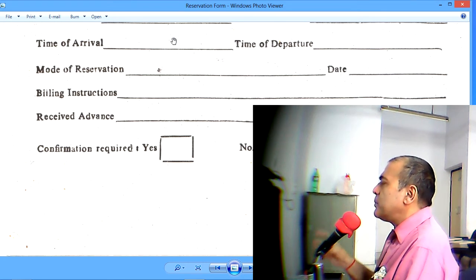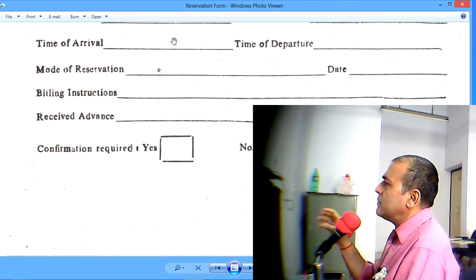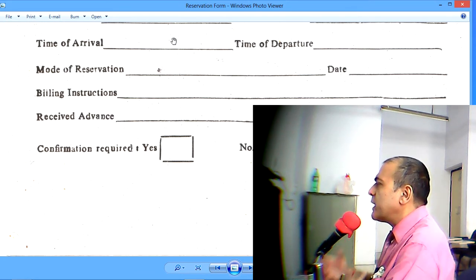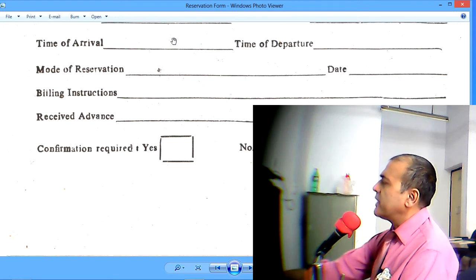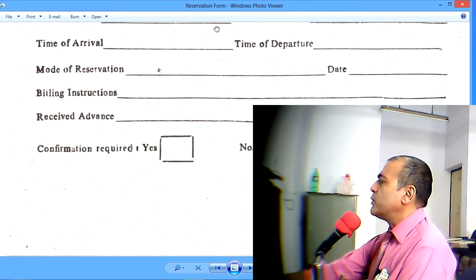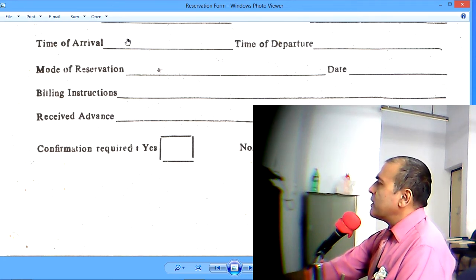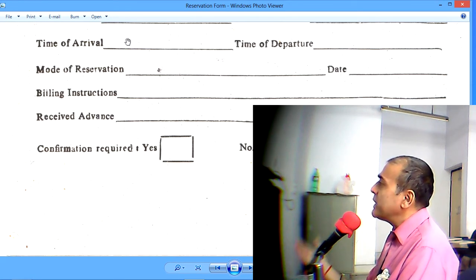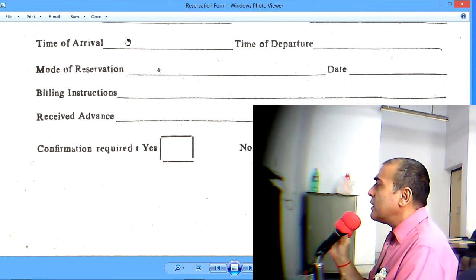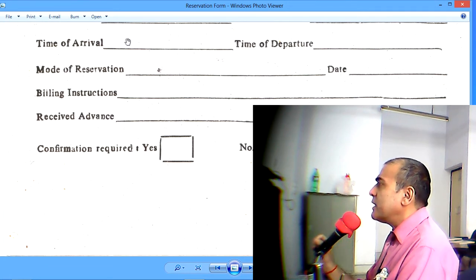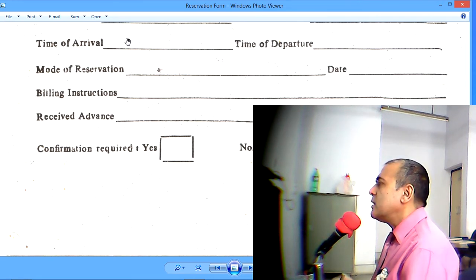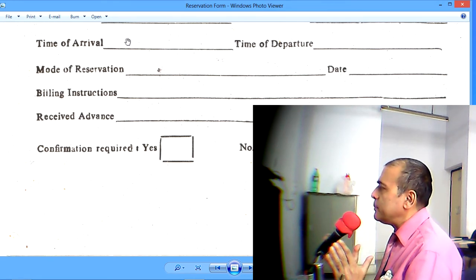This 2 hours gap is in case there is a rush. So we want to have some time to get the room ready for the arriving guests. And that is why we have a gap of 2 hours between checkout time and check-in time. This must be mentioned very clearly, and in case the guest departure time, let us say, is 6 p.m., he says, I'll check out by 6 p.m., then he must be informed that he'll have to pay extra for it, because as per hotel policy, as per hotel rules, the guest must check out by 12 noon.